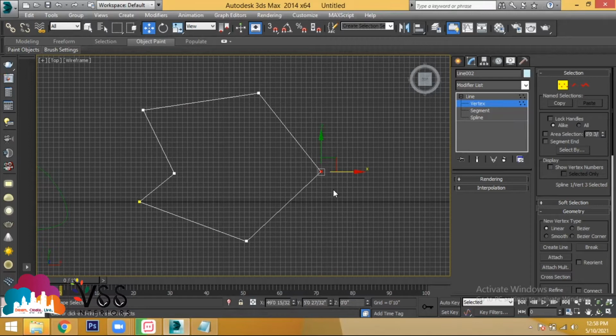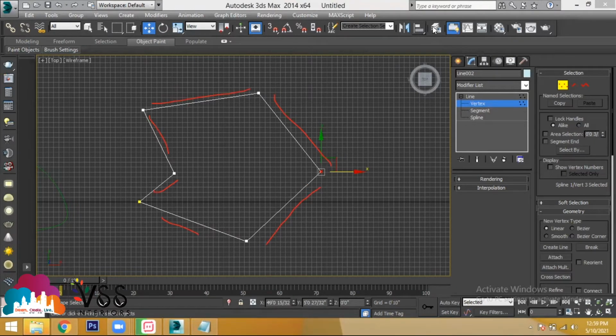Now, if you want to make the lines straight, is the line straight here? Is this straight, or this, or this? All the lines are inclined.